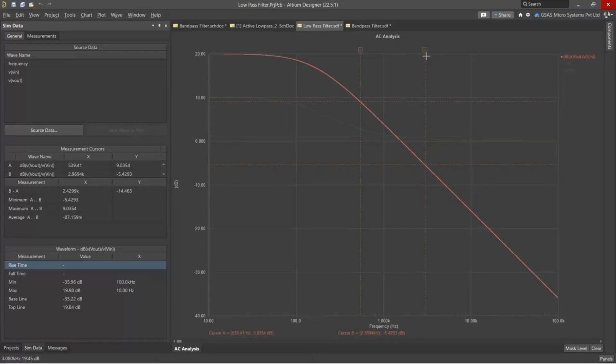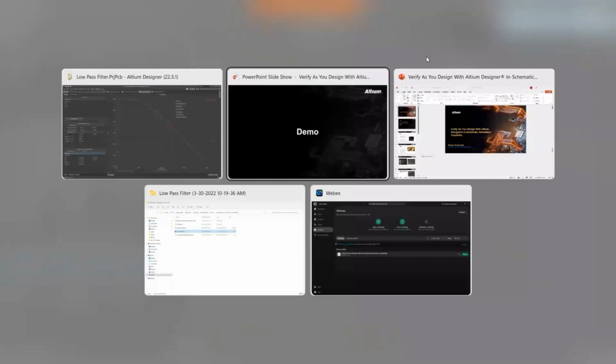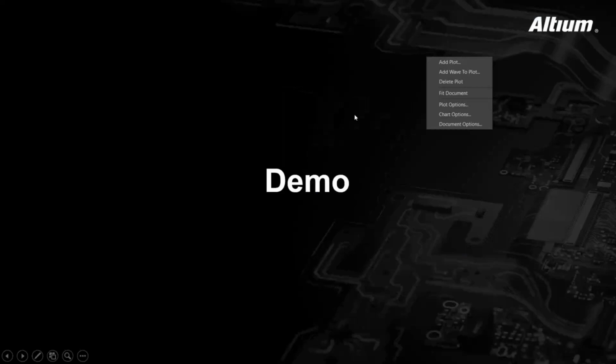This is all about how we can perform simulation inside the Altium Designer, and verify as we design with the Altium Designer's in-schematic simulation capabilities. Now we are